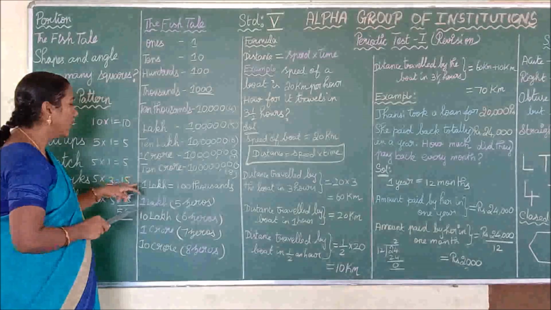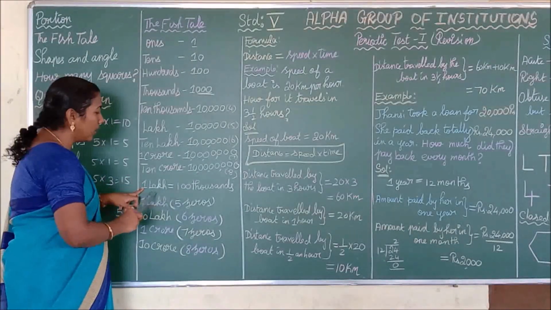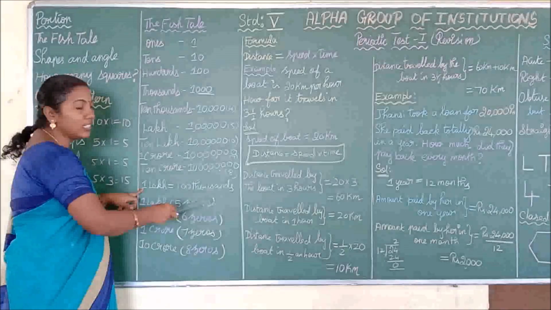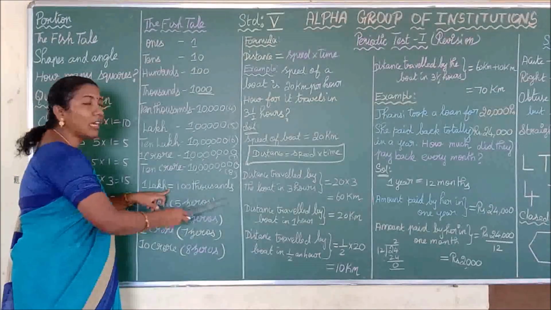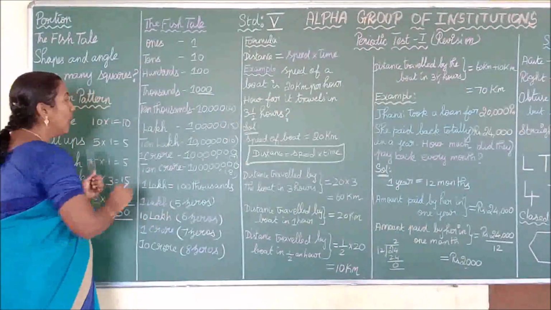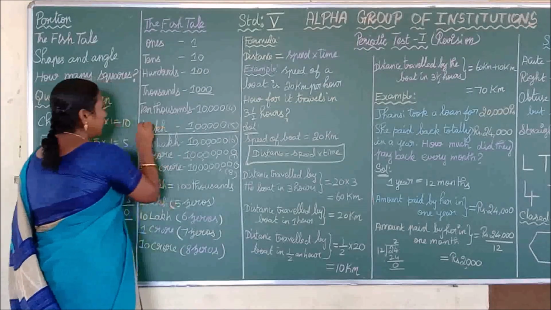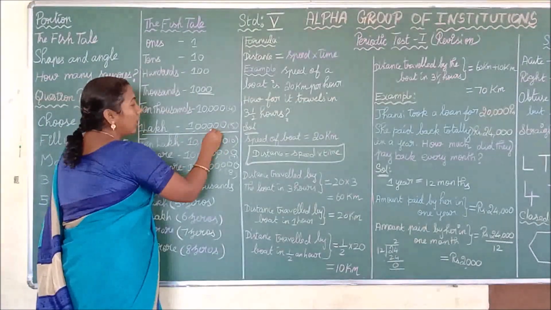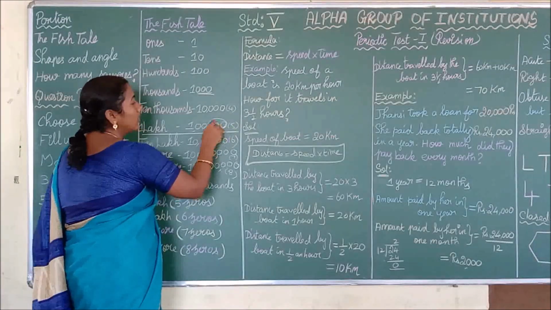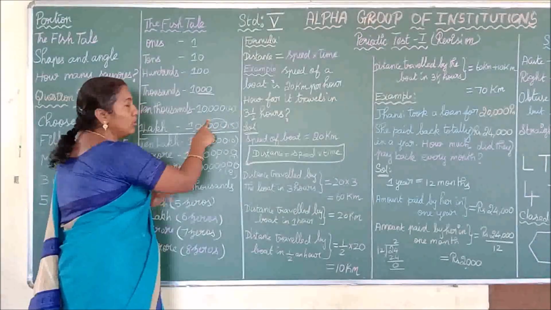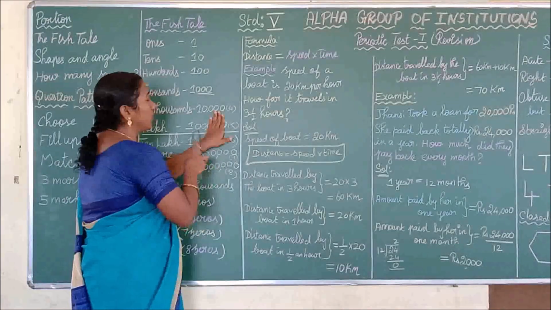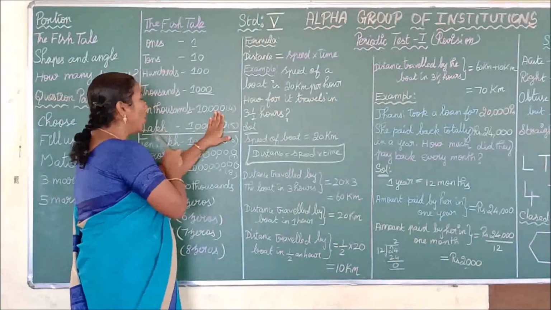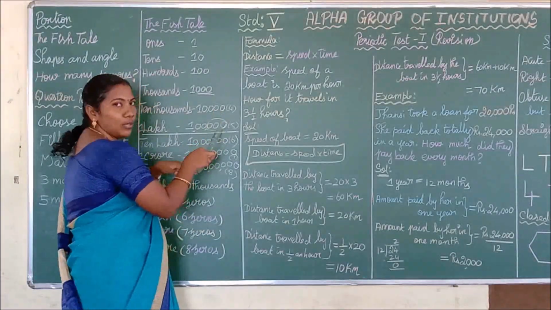So listen carefully. See here, now I have written the relation. 1 lakh equal to 100,000. How are we writing this? Observe the lakh. 1 lakh equal to, here we have written the number. Round off the 3 zeros. 3 zeros along with 1 make it 1000. So hide these 3 zeros. Remaining we have 100. Thus 1 lakh equal to 100 thousand.